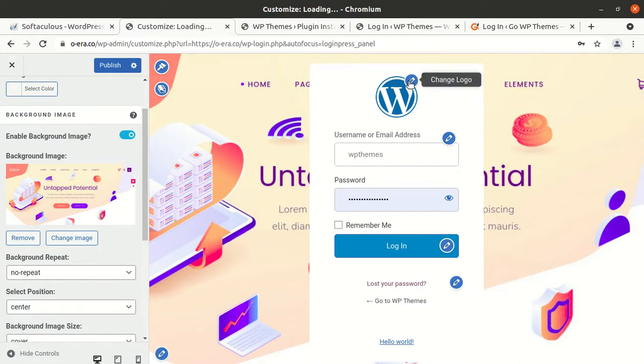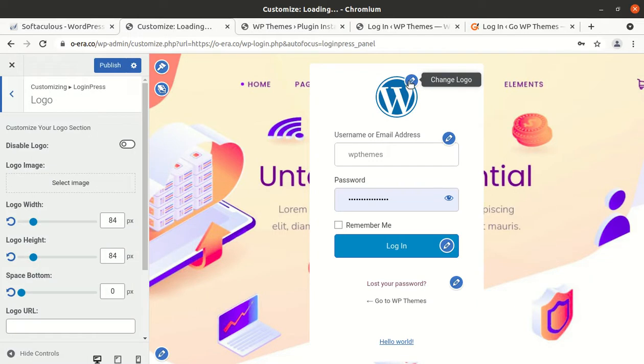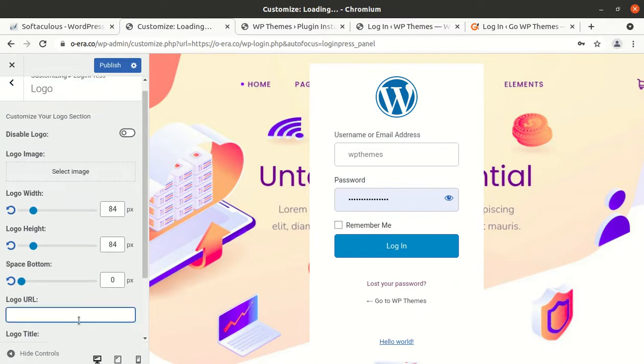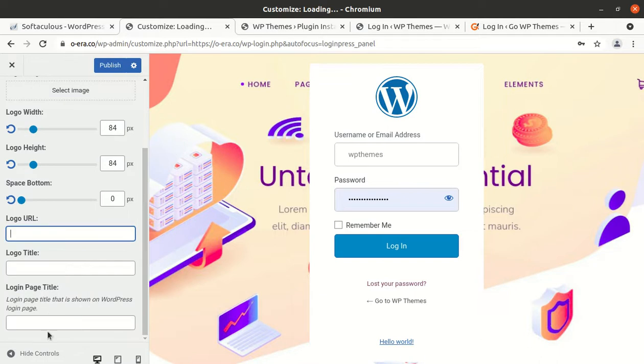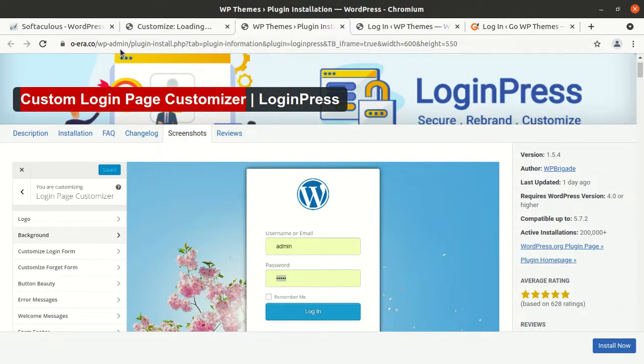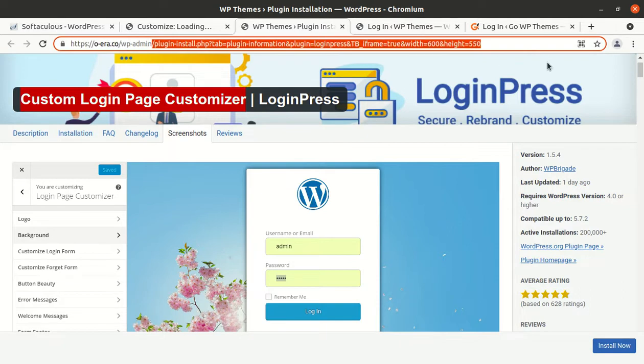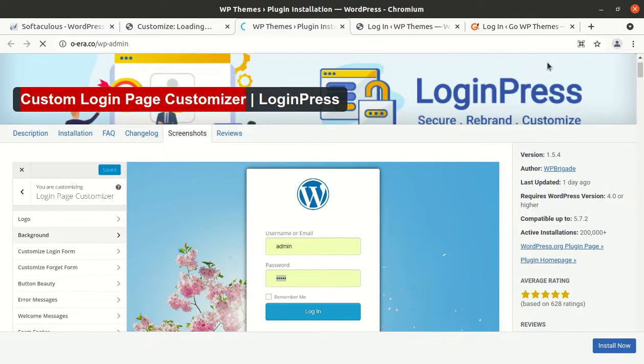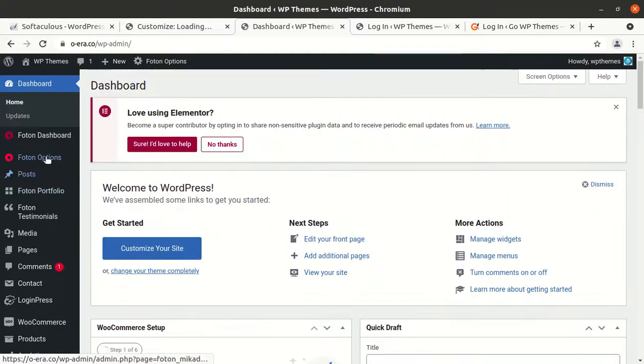and now we can change the logo. So what we can do, we can simply put the logo URL here and it will be changed. For this we have to upload our logo which we want to put here, and we need to have URL of that logo, uploaded logo. So first we need to upload the logo, and now I'll go to the WordPress media for this, and I'll upload a logo.